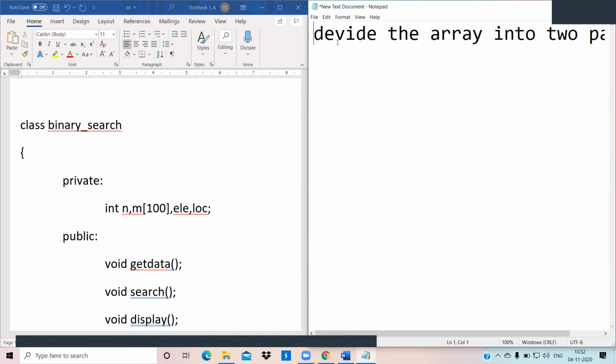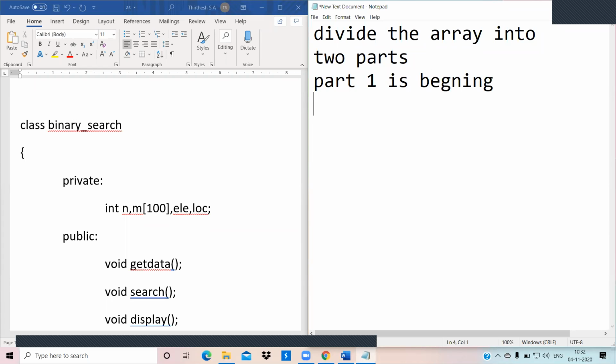It is going to divide the array into two parts, which are: part one is the beginning, part two is the middle, part one is beginning and part two is end. Okay, so